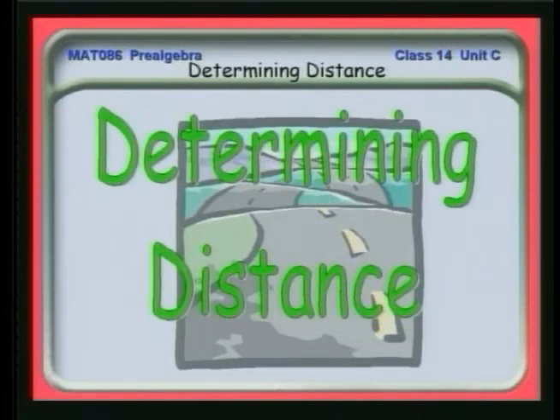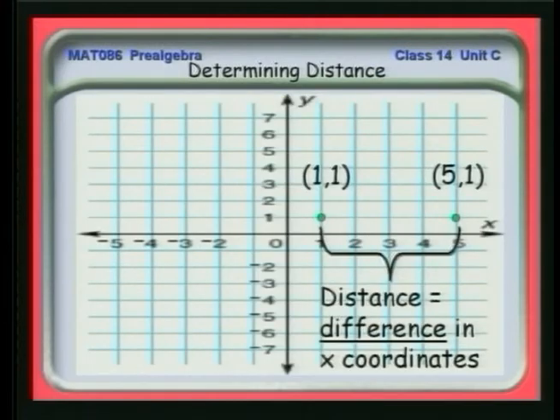Now we'll go on. What we'd like to do now is look at the distance between 2 points. For example, here's a point 1, 1 and 5, 1. And what I'd like to know is what is the distance between those 2 points? And you see, since they're both at the same y position, I can see that the distance is the difference in the x-coordinates. And in fact, if I count blocks, I see that there are 4 blocks between the 2 points. So the distance between the 2 points is 4 units. Notice I can take 5 minus 1, the 2 x-coordinates, subtract one from the other, and get what that distance is.